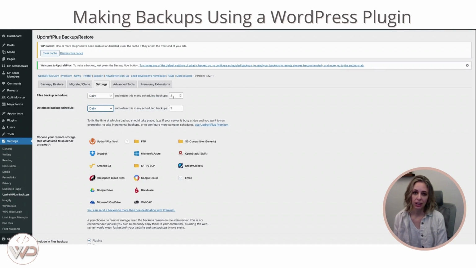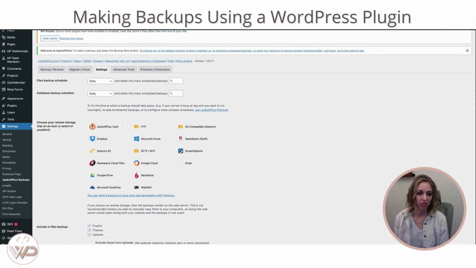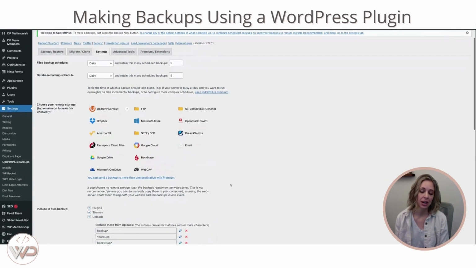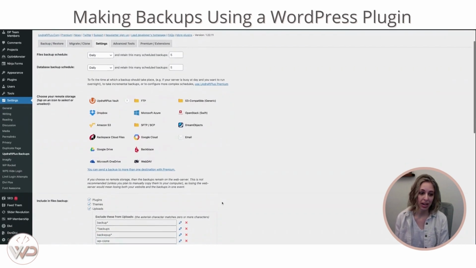And this will allow you to adjust the number of backups that you would like to keep on hand. So you can adjust that. 2 is usually the minimum that you want to keep. So you may want to change this to 3 or 4. I prefer to have 5 days worth of backups. And then you can also choose where you would like to store this. So Google Drive, Dropbox, any of these other areas that you would like to store your backups in so you